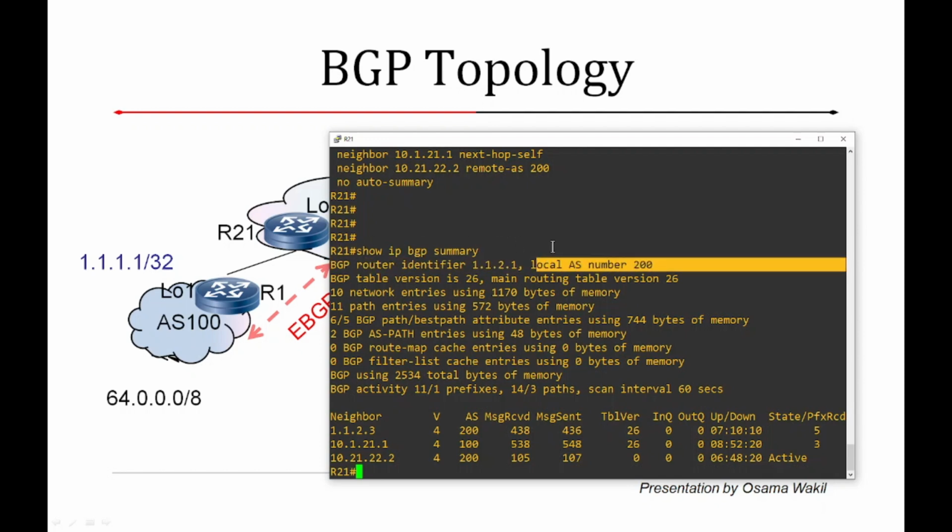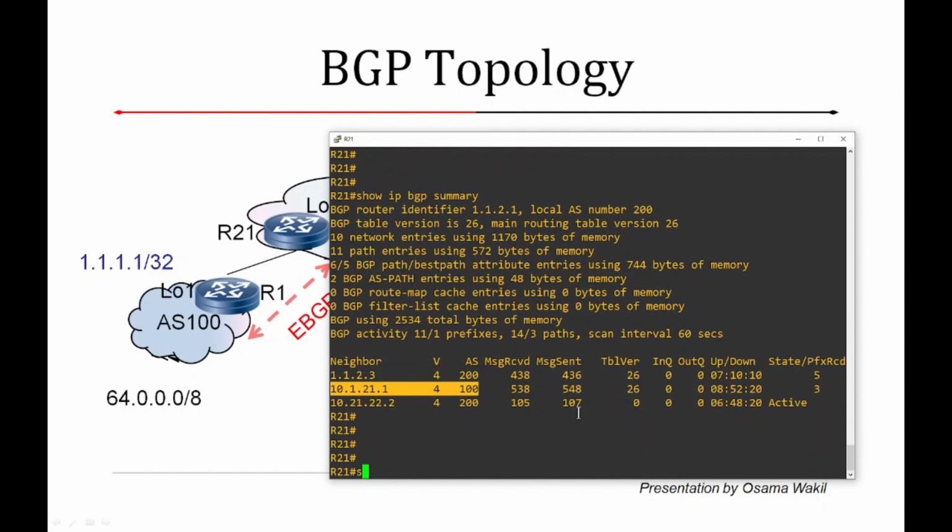So R21 is running AS number 200, and it has BGP sessions with the neighboring routers. This one is AS200, which means this one is iBGP, and 10.1.21.1 is AS100, so this one is an eBGP session.